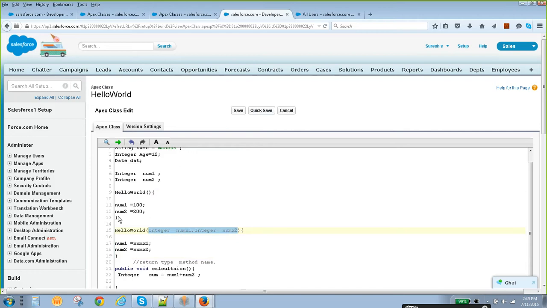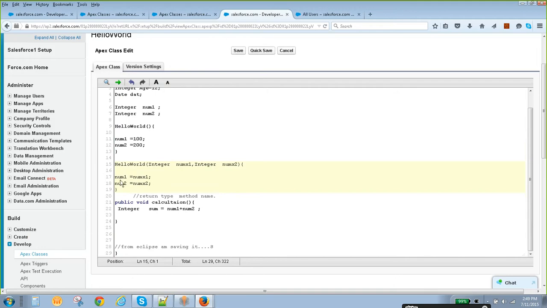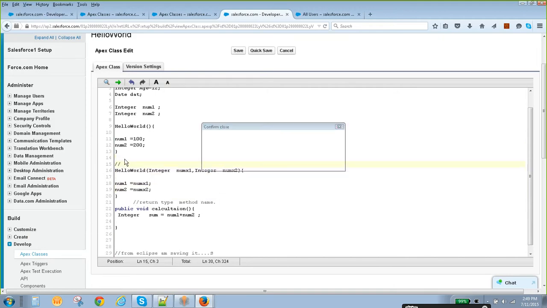If you observe here, we have a hard coded value, and here at runtime I am passing those values. This is constructor overloading.